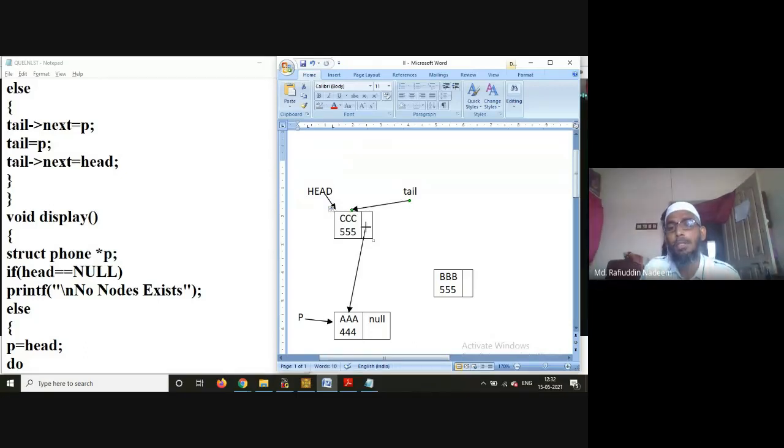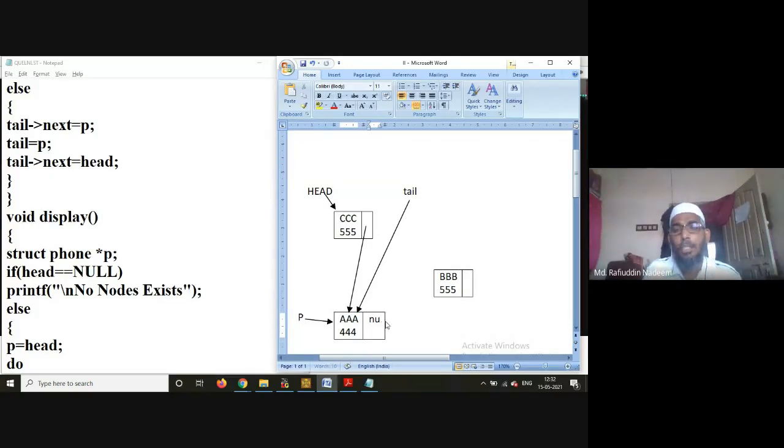Tail is equal to P. Both are pointing to this one. And then tail next is equal to head. Now this is tail next, which becomes the head node. This is the head node.